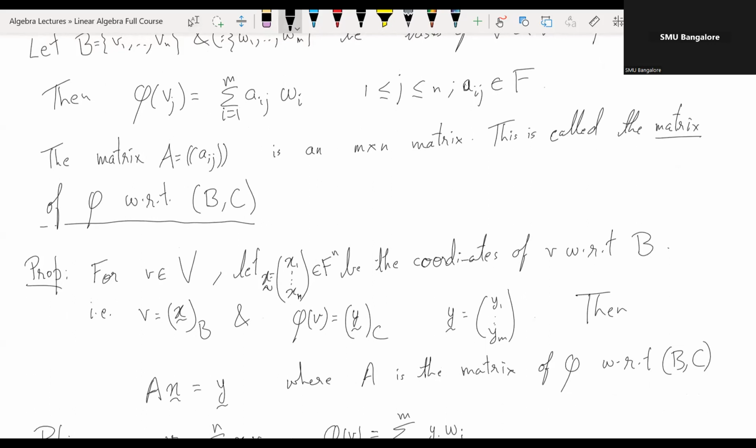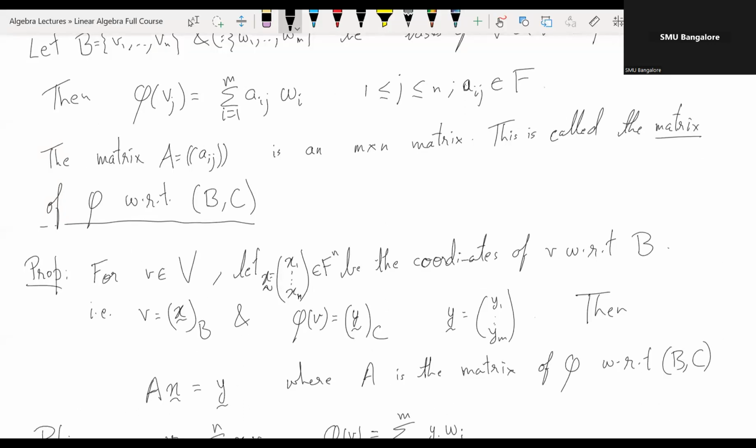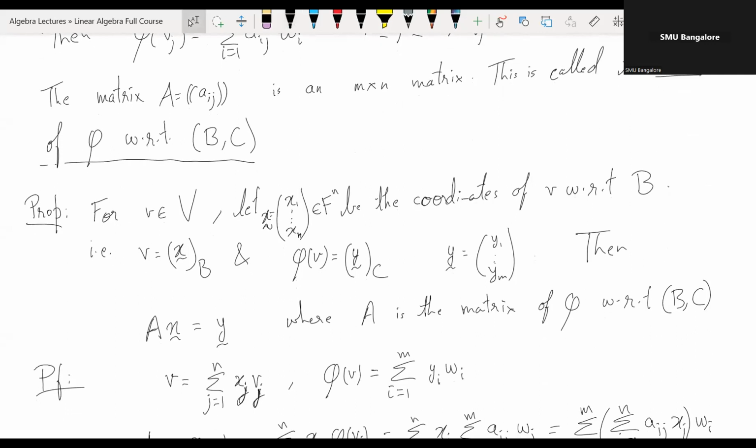So phi transforms V to phi V, and A transforms coordinates of V to coordinates of phi V. It may take a long time to state, but the proof is pretty straightforward. You just write down what all these mean, and then it comes out. So x is the coordinate of V precisely means V equals summation xj vj, j equals 1 to n, and